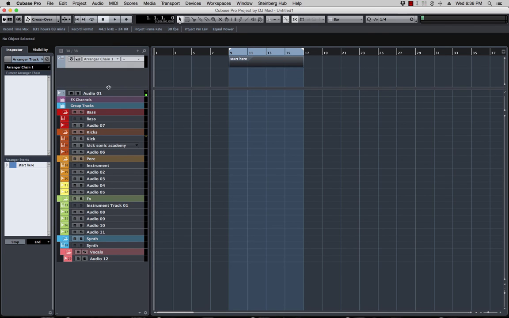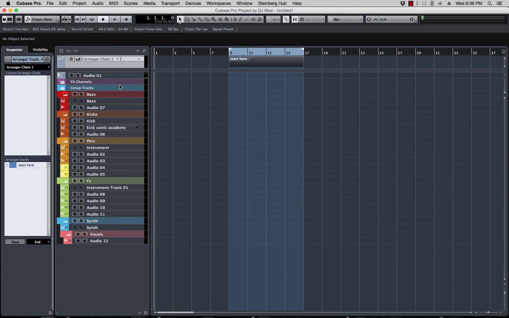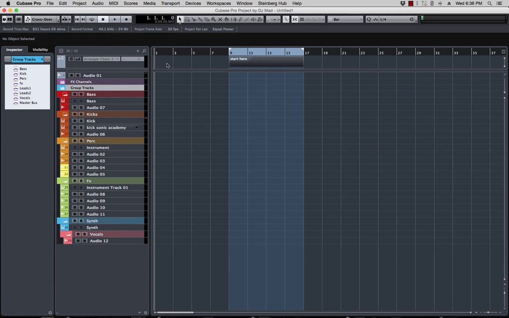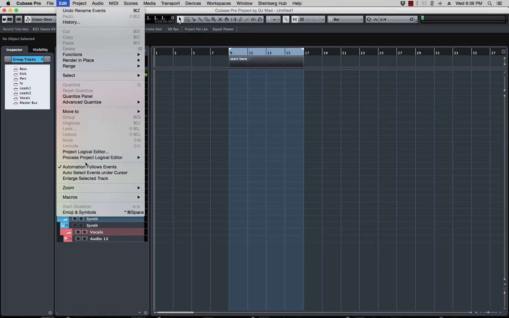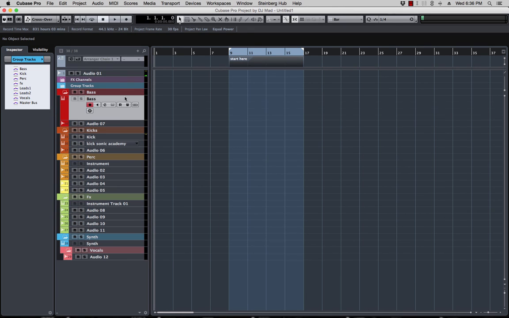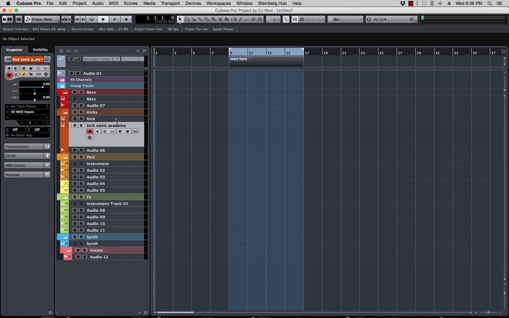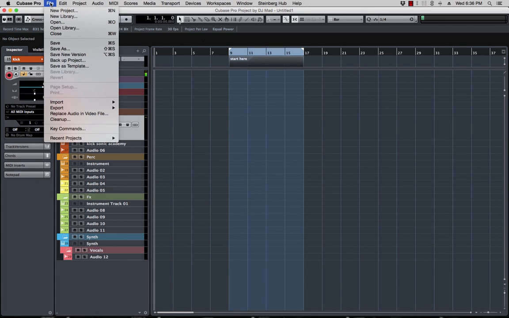I want it to be that size. There you go. Now I can hit large track. There you go. So now that I have that going on, now when I want to save it, I go